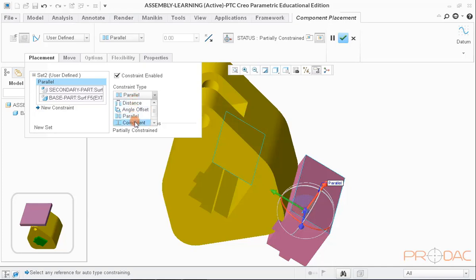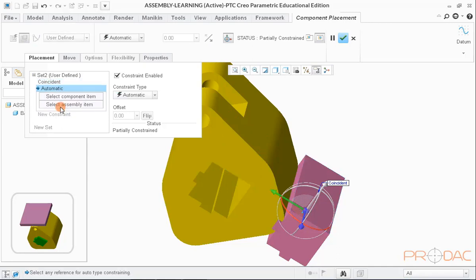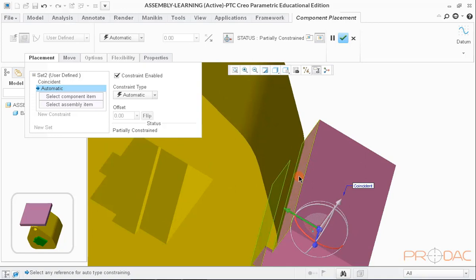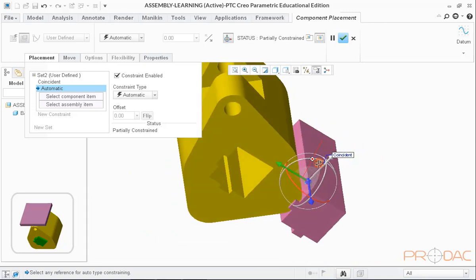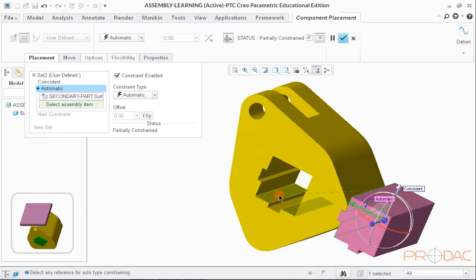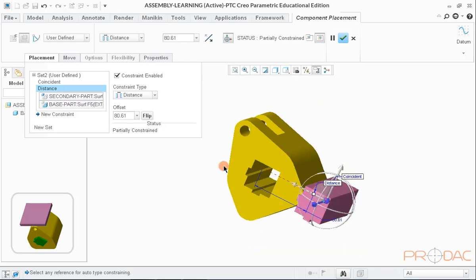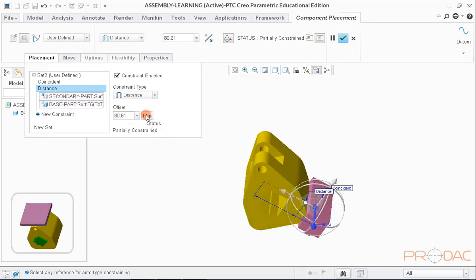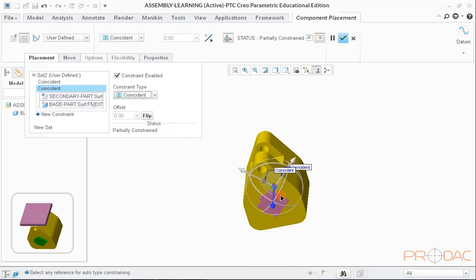To define next constraint, click on the option New Constraint in the Placement window. Now, select the next mating surface in the component and in the assembly part. Constraint type will again be coincident.